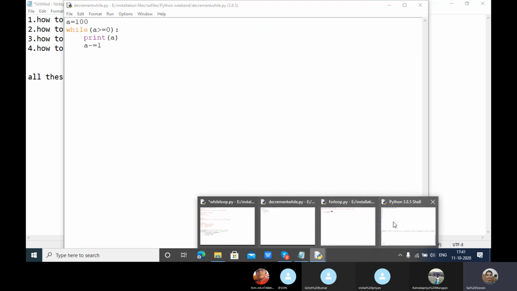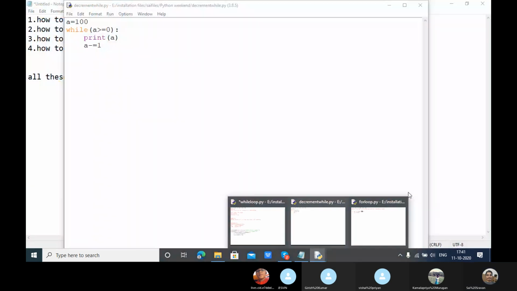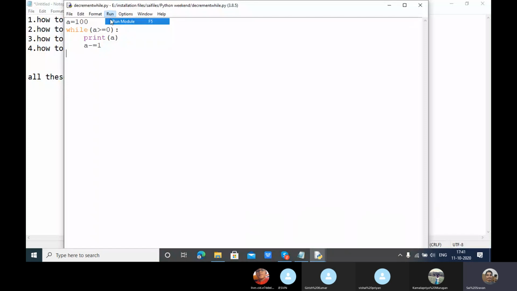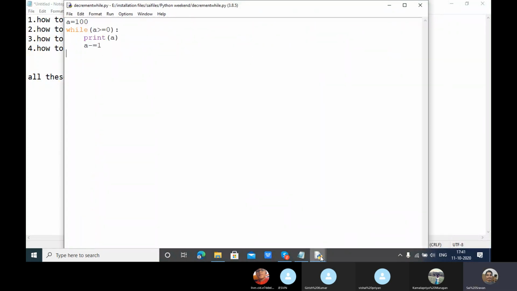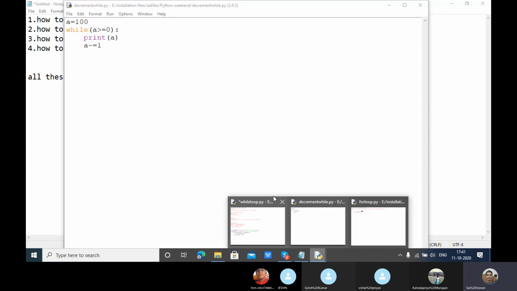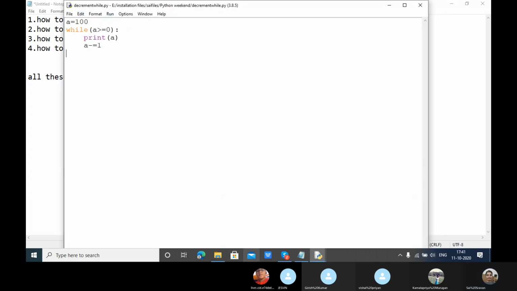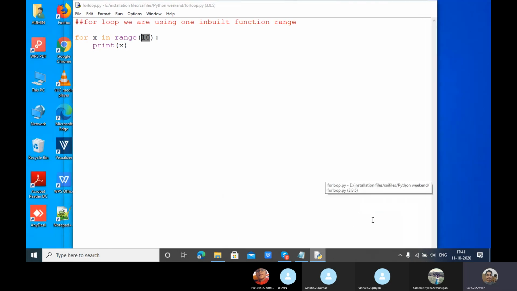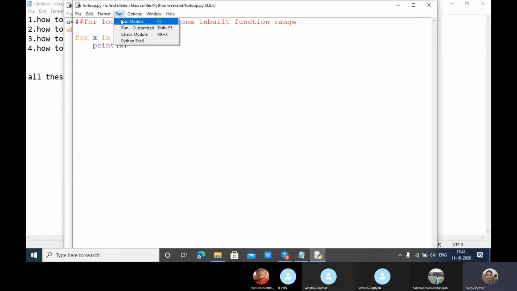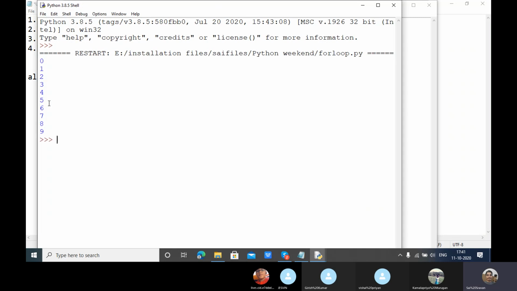If you check the output, I will execute one more time. Always it will start from the index value 0, so 0, 1, 2, 3, 4, 5, 6, 7, 8, 9.